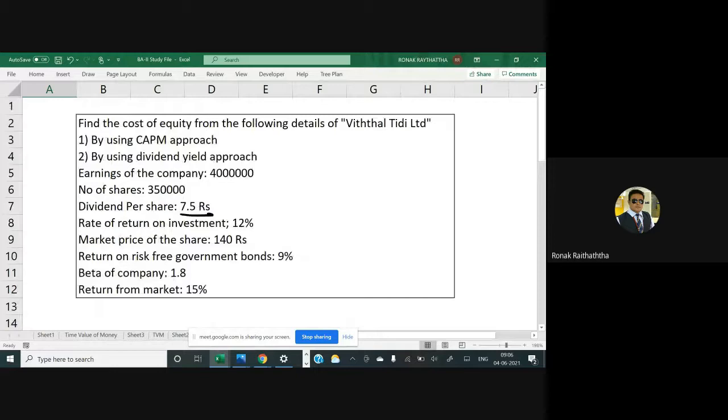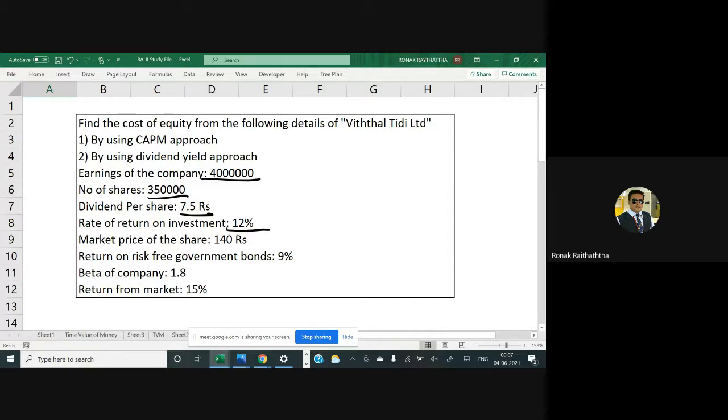My friend, there is some hidden information given to us, which gives us the hint about finding the growth rate. The first hint is return on investment. Then the second hint is, you have got the number of shares as well, and you have got the earnings of the company too. Now why would this information be given to you? Can someone identify this?